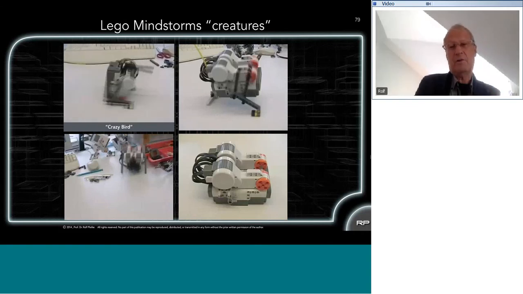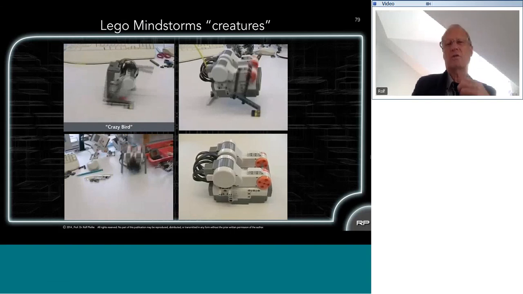Now, you saw three completely different behaviors. And whenever you observe a system, the question comes up as to the underlying mechanism. So how does this behavior come about? What is the control underlying the behavior? It's in the lower right. It's just the wheels turning at a constant speed. It's the same for all three creatures. But the behavior was completely different. Why is that possible? Because it's embedded into a completely different morphology.